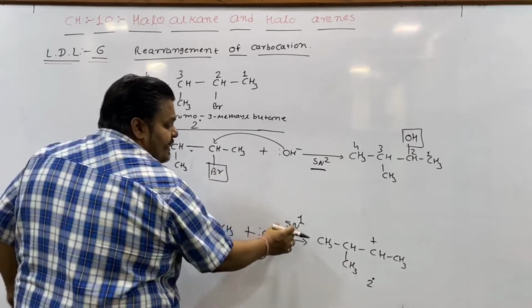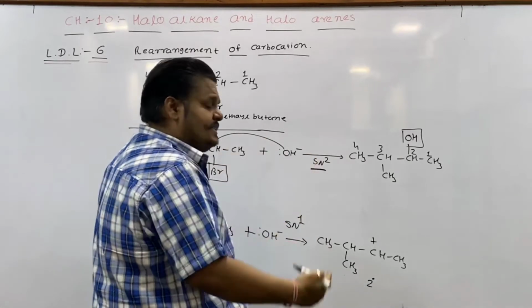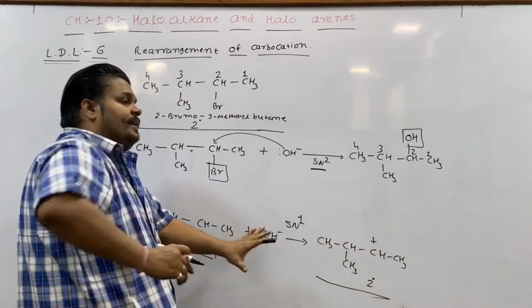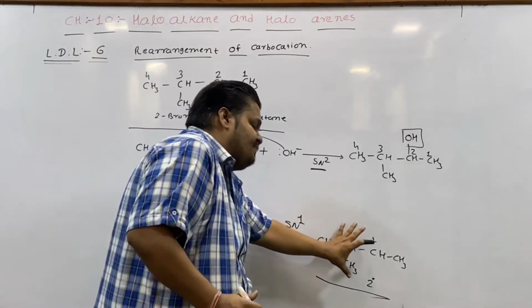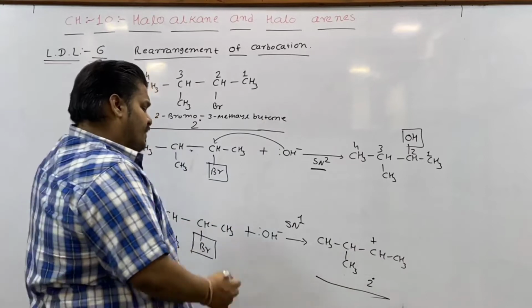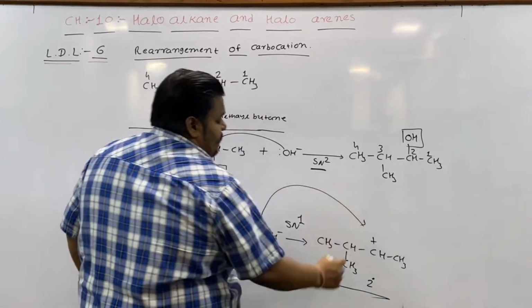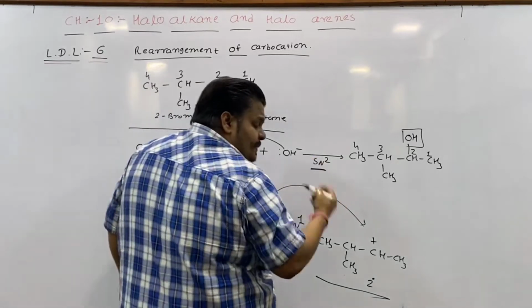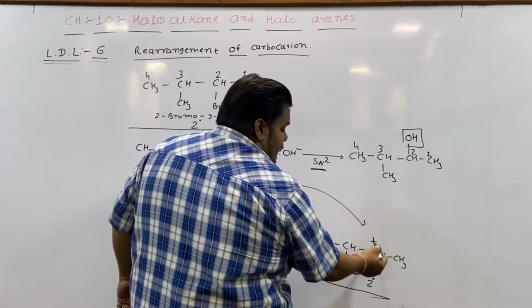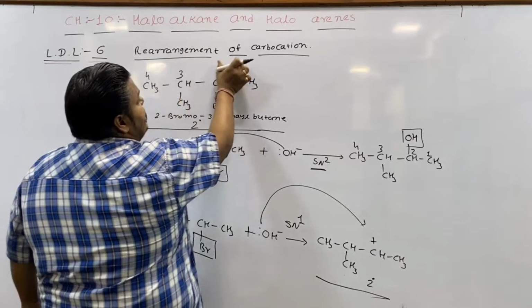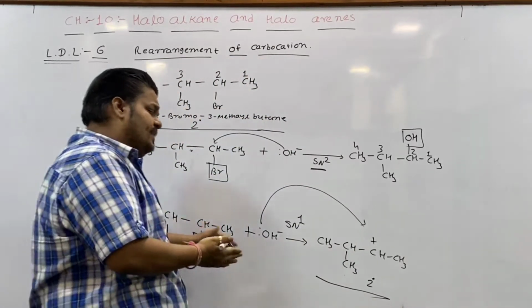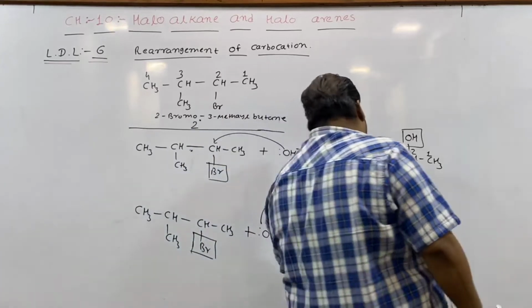You know that the SN1 mechanism completes in two different stages. Stage 1 gives an intermediate compound in the form of a carbocation. Afterwards, the OH group will attack this carbocation. But before the OH group attacks, this carbocation will undergo a rearrangement reaction. What it tends to follow is a rearrangement reaction.